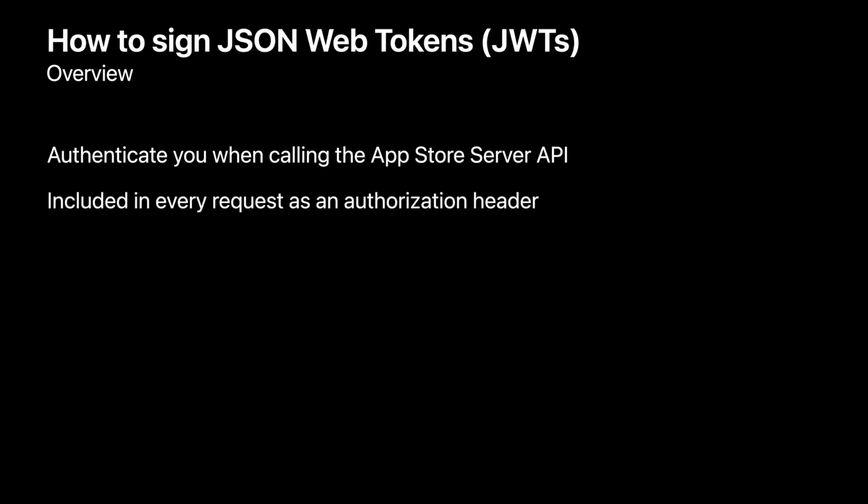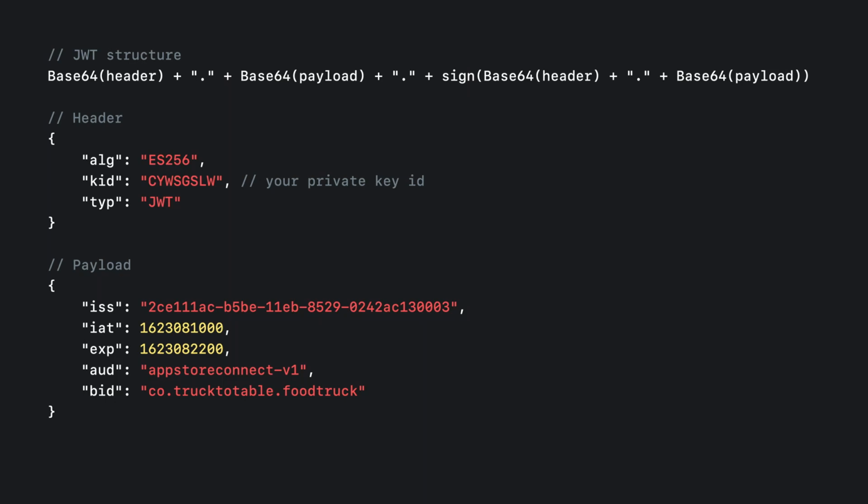This token must be included in every request as an authorization header in calls from your server. A JWT consists of a header, a payload, and a signature. Next, we'll go into how to construct a JWT specific to your application. Here we can see how a JSON Web Token is composed, as well as the structure of the header and